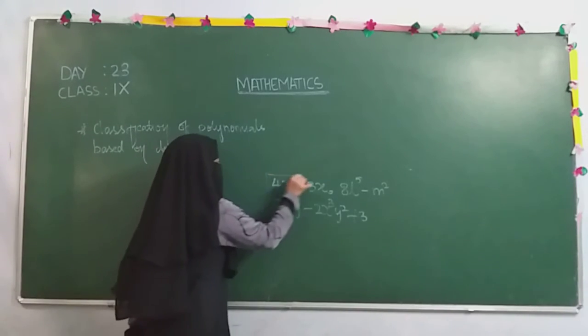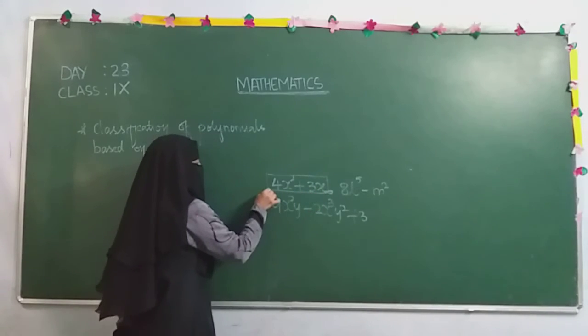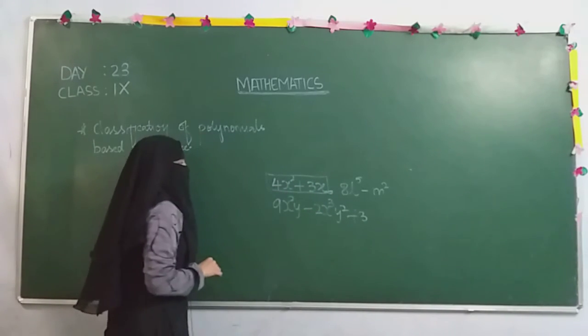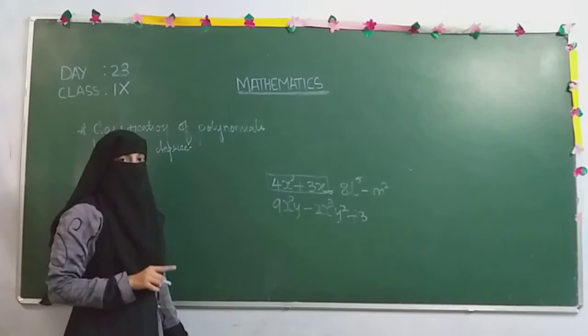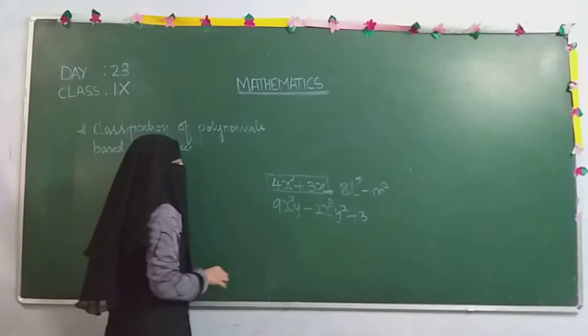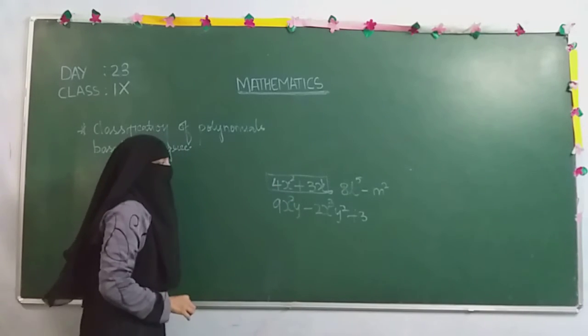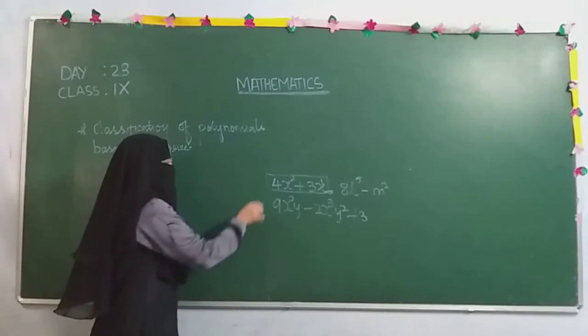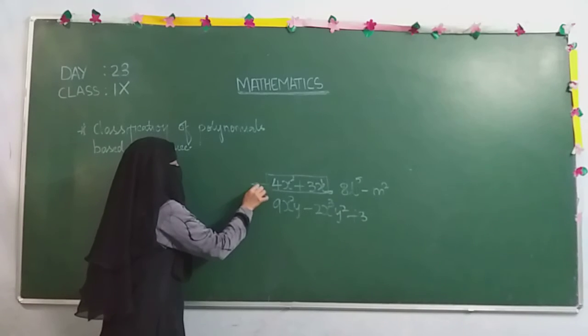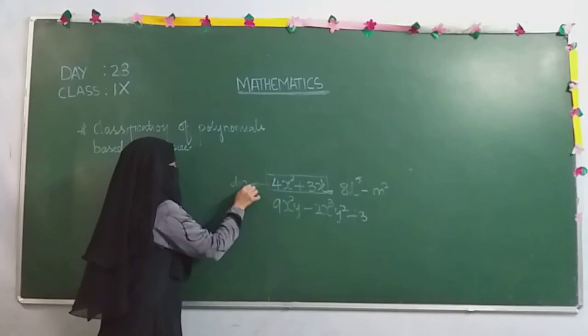Now when you observe the first one, in this complete polynomial we have only one variable, so this is called a polynomial in one variable. And when you compare the powers, here we have 1 as power and here 2 as power. So the highest power is 2. Because of that, we say the degree of this polynomial is 2.